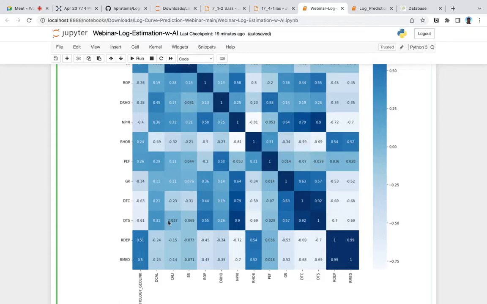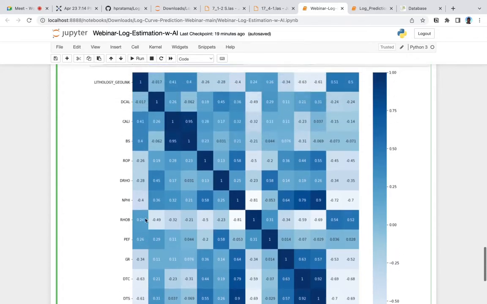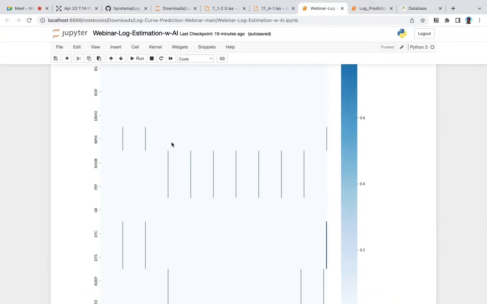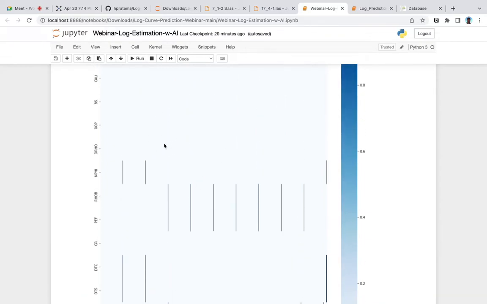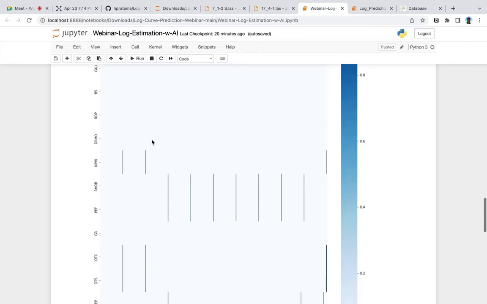So we want to perform some feature selection where the log curves have a meaningful correlation with the DTS, and also have less missing data in here.